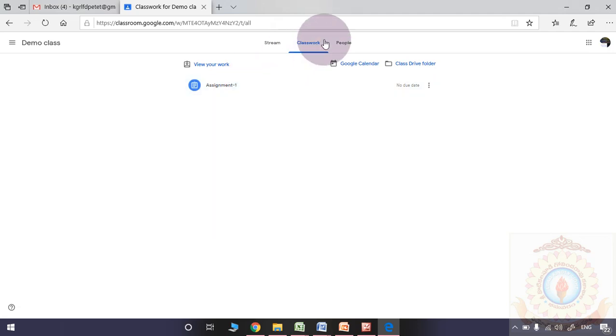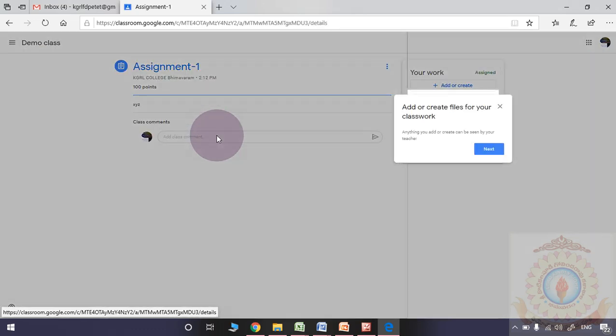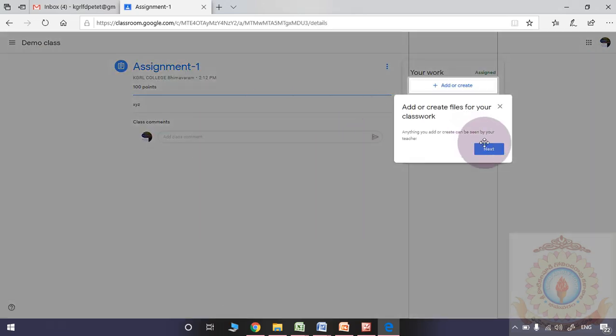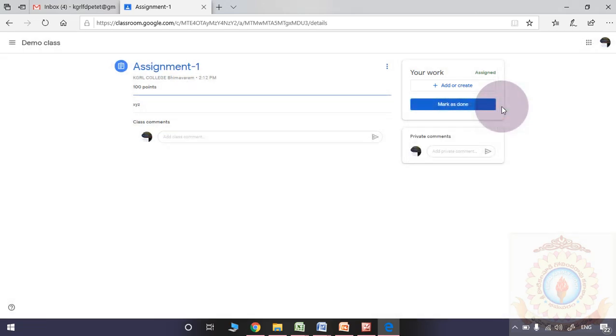So please observe the classwork for assignment 1. Whenever they are clicking it, they observe everything here. Why is view assignment appearing here? Whenever we are clicking view assignment, if you are sending a Google form or any Google document in which you are typing those questions, those will be appearing in this place.